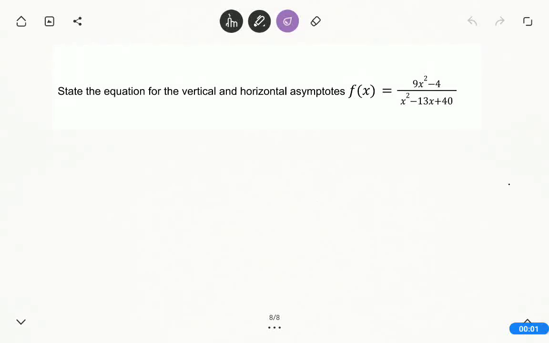Okay, in this video, we are going to be going over how to find vertical and horizontal asymptotes. So for this video, we're going to start off by doing the vertical asymptotes. Vertical asymptotes are a little bit more complicated than the horizontal asymptotes. So, starting with vertical. Okay, vertical asymptotes come from where the bottom of the fraction is equal to 0, but